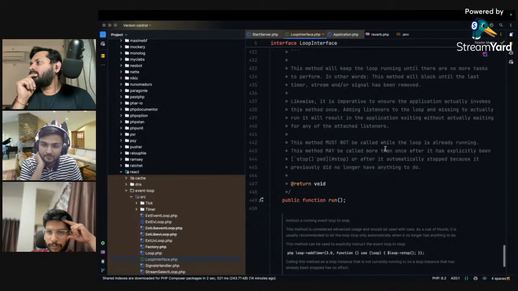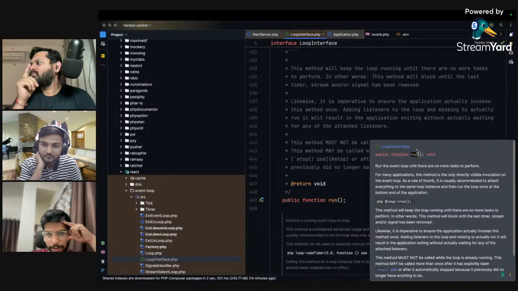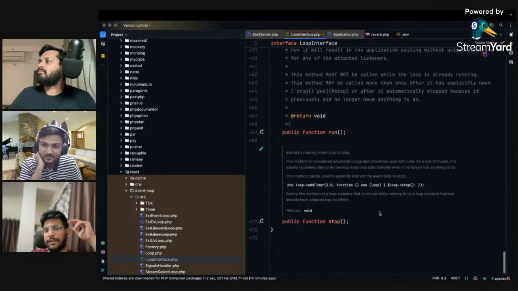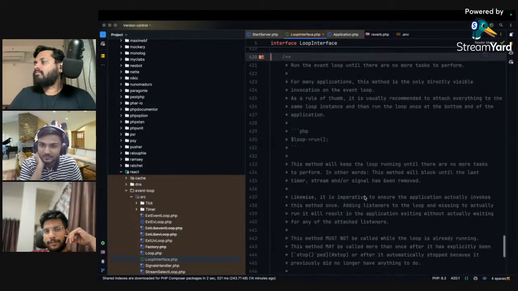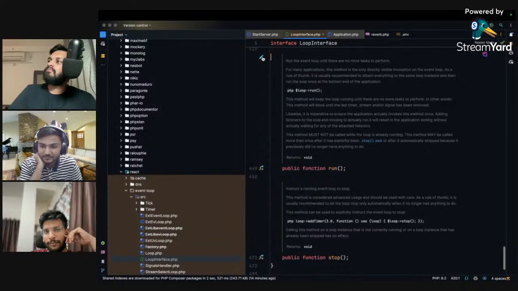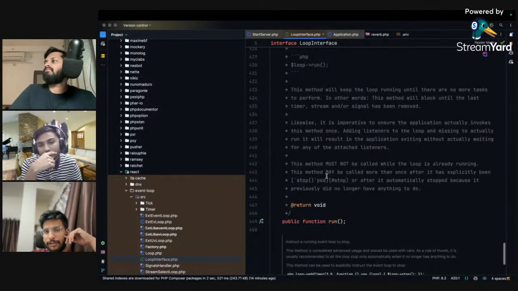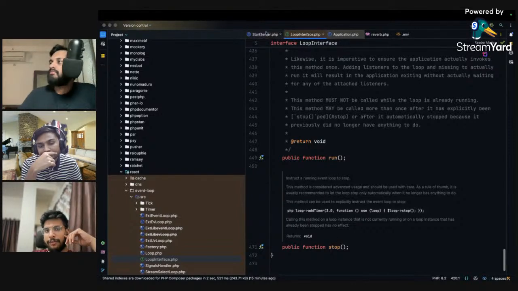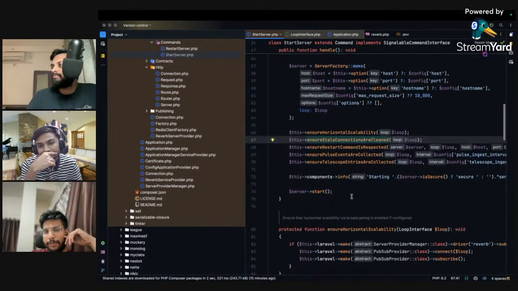This method must not be called while the loop is already running. This method may be called more than once after it has explicitly been stopped. Okay, so basically it does not automatically stop. There is the stop function, so you can call stop on that event loop. And I guess that's what is happening when